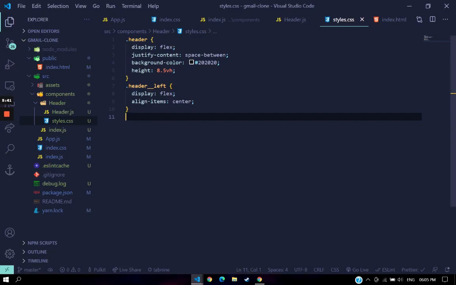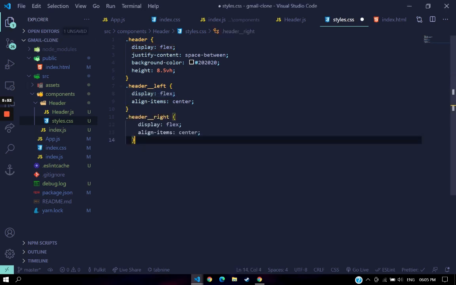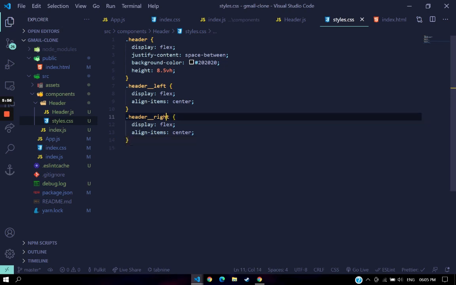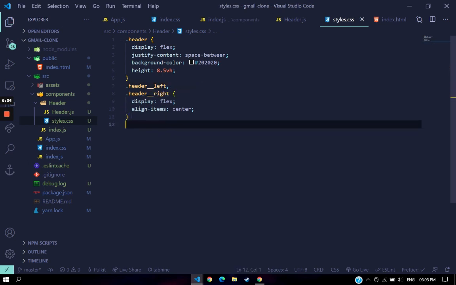Moreover guys, align-items and justify-content only work if you are using display flex, or else they won't work, right? So now for our header_right, we are going to give a display of flex, again the same thing. We can also do it in one line, we don't need to repeat these. I'll just remove this, and now you can do this. As you can see, now this is also aligned